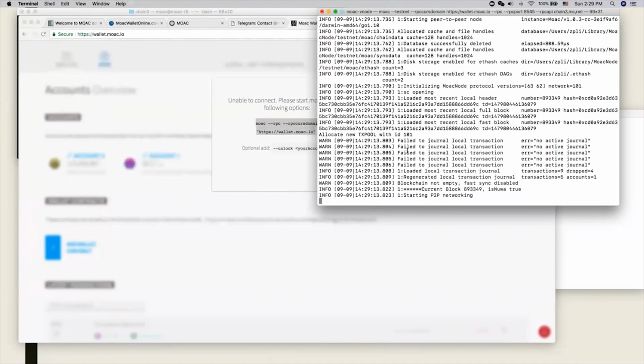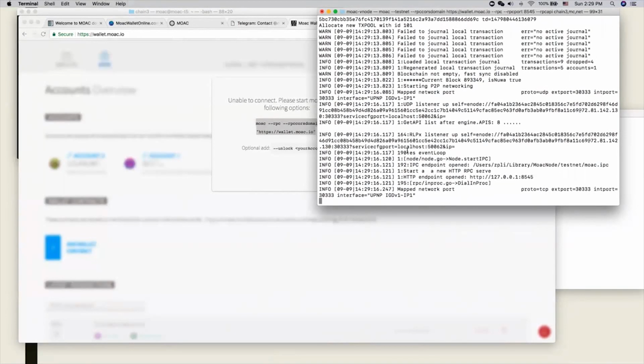Yeah, we're going to use the testnet RPC domain. We also set the RPC port to 8545 and enable some APIs. You need to start this one locally. After it has started, wait for a while, wait for it to connect. You can see some HTTP endpoint opened,